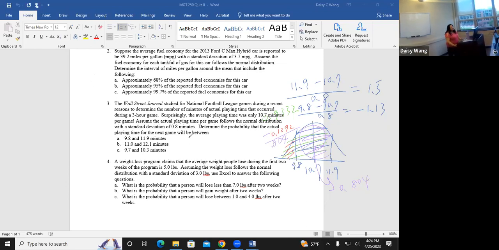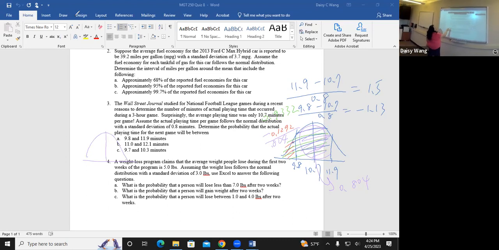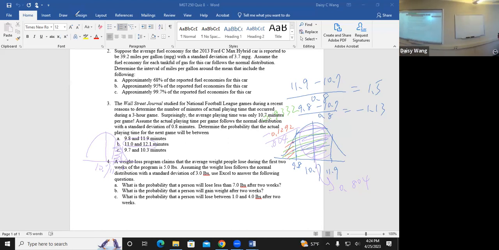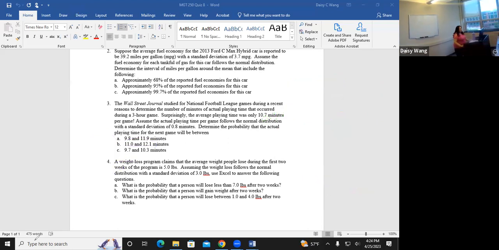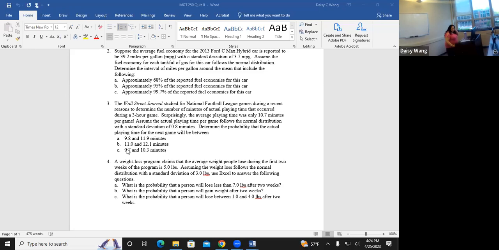So when we use Excel, B, just draw here. So B is a little bit different because the average is 10.7. So this one will be 11 here and then 12.1. So B is in this area, okay? And what we can do is we can use Excel. We just pull up Excel. So when we use Excel,